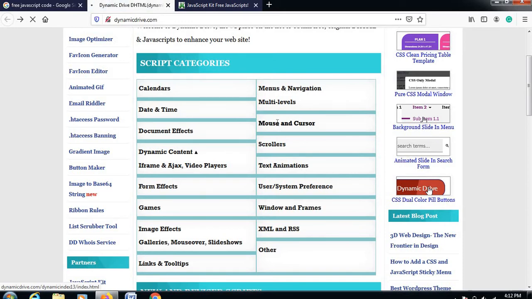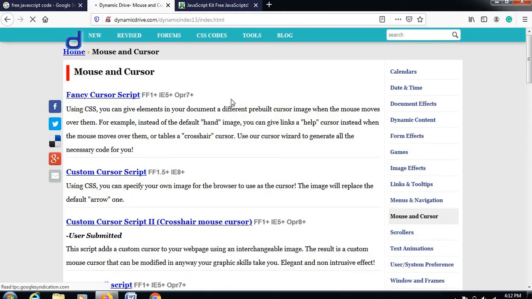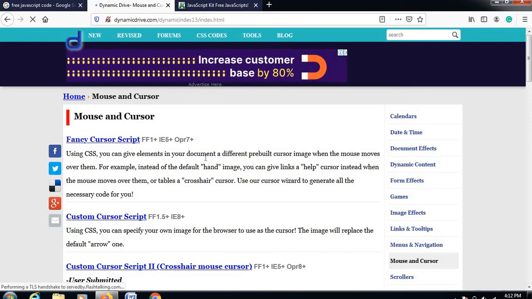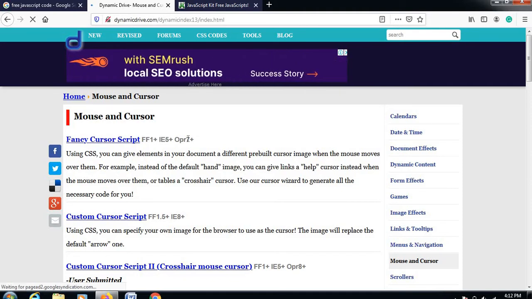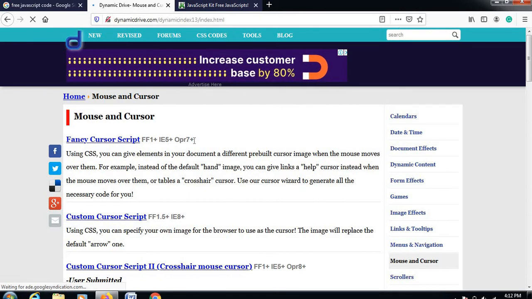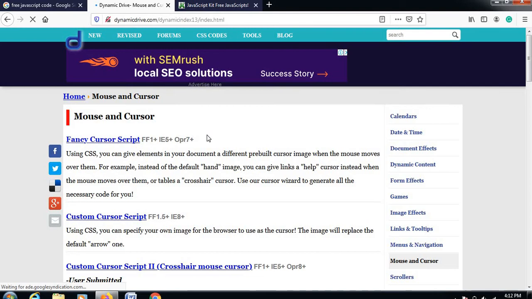If you want to use a JavaScript for your mouse, one important thing I want to tell you is that here it is written Firefox, Internet Explorer and Opera. That means this script will work in these browsers, Chrome as well. So you should understand that before using a script, you must know whether it will run in the particular browser or not.